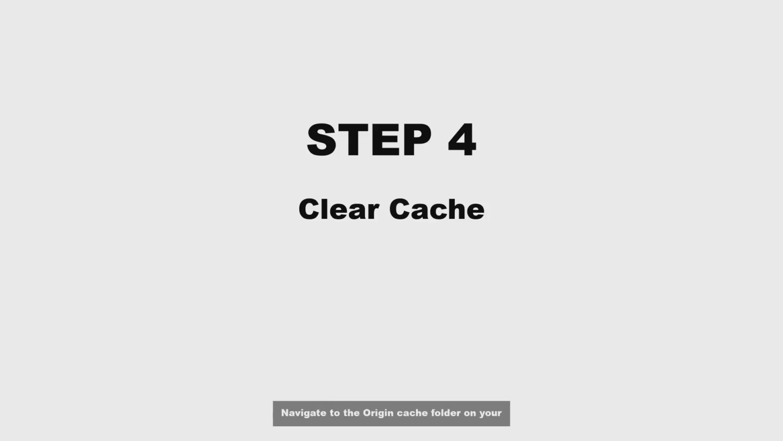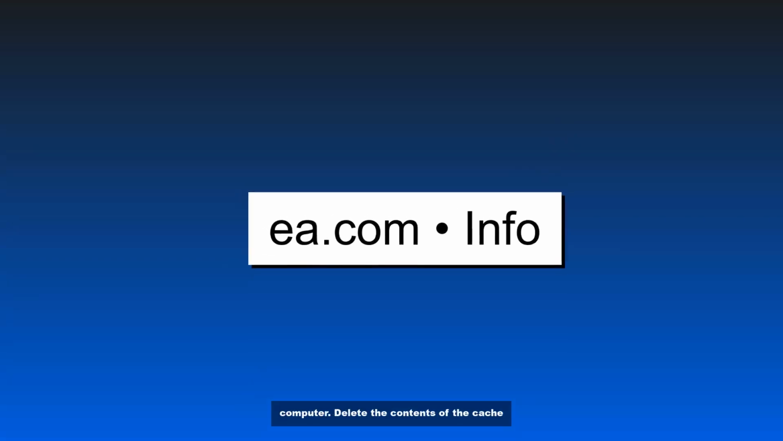Step 4. Clear cache. Navigate to the Origin cache folder on your computer. Delete the contents of the cache folder, which can help eliminate any corrupted files that may interfere with the installation